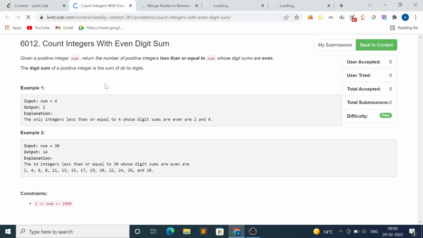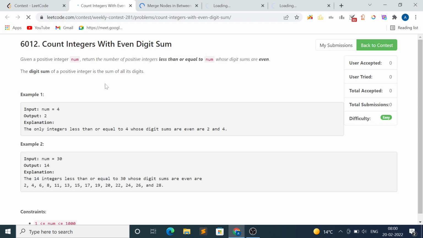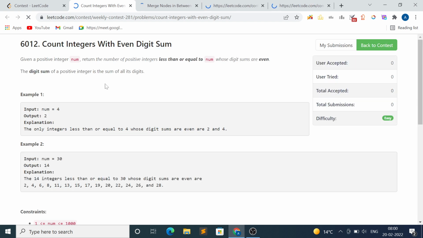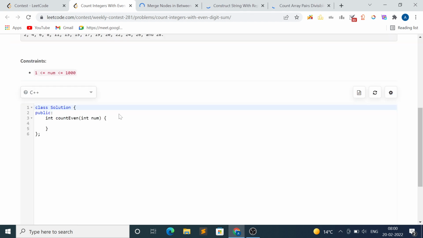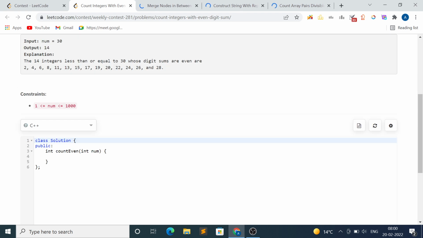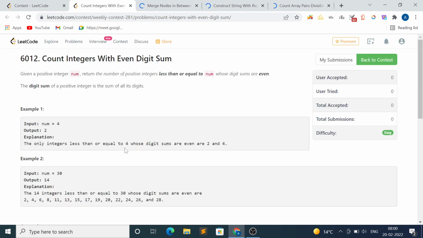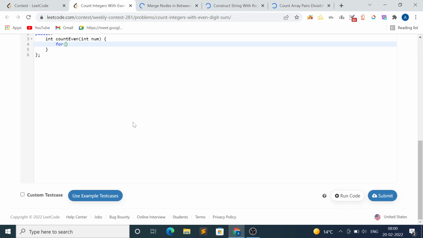Count integers. Given a positive integer num, return the number of positive integers less than or equal to num whose digit sums are even. Okay. Positive integers, right? So we can just say